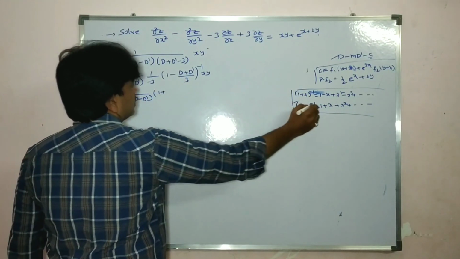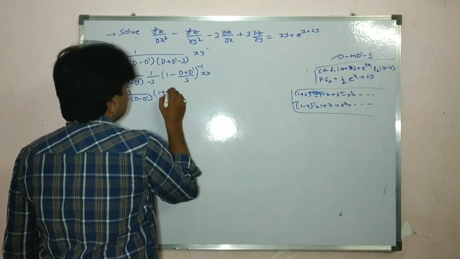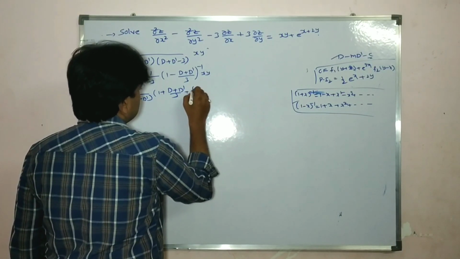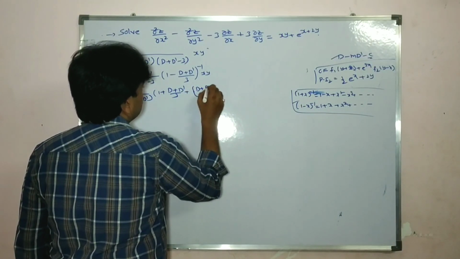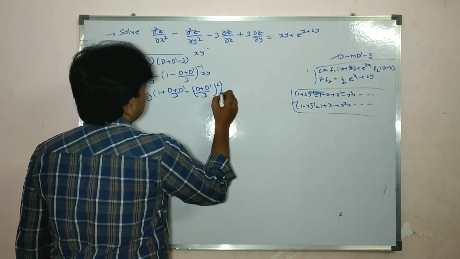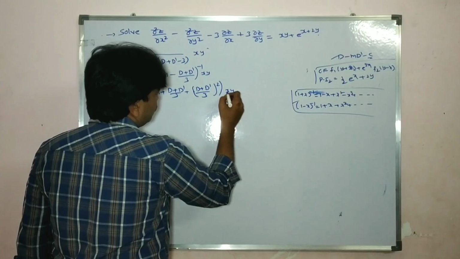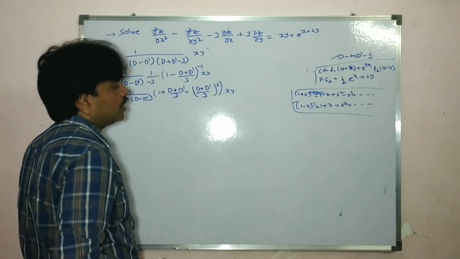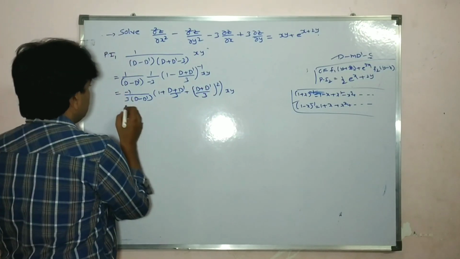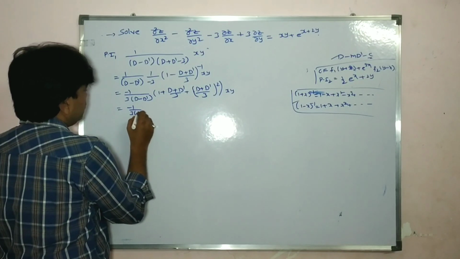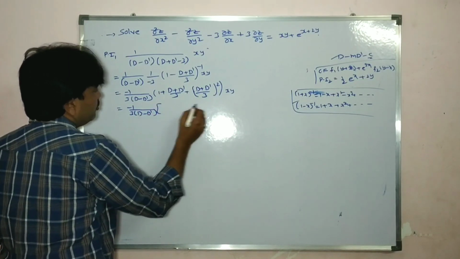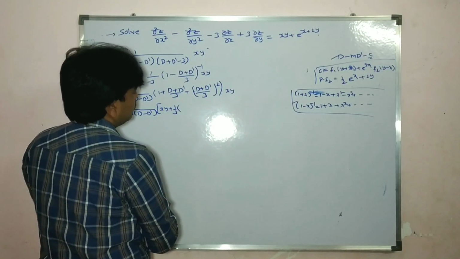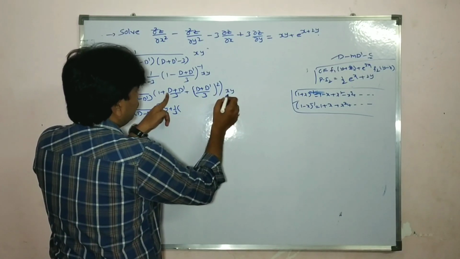1 plus x plus we have here D plus D dash by 3, plus D plus D dash by 3 whole square and so on, into xy, because we have only xy, students. If I am writing here D plus D dash by 3 whole cube, all the values are 0. So that is equal to minus 1 by 3 D minus D dash multiply, students, xy into 1, so xy plus 1 by 3 into 6, students, here derivative of x, so 1,